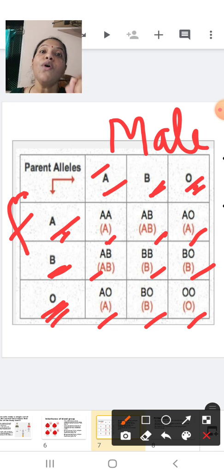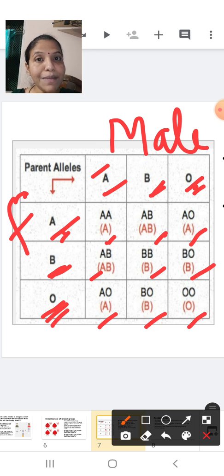Okay. So when will a child have an O blood group here? The child will have O blood group. The more chances that the child has an O blood group will be if the mother is O blood group and the father is also O blood group. Okay. So this is the inheritance of blood group in case of human beings.